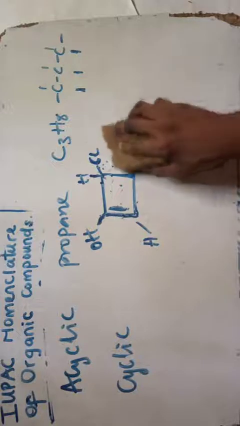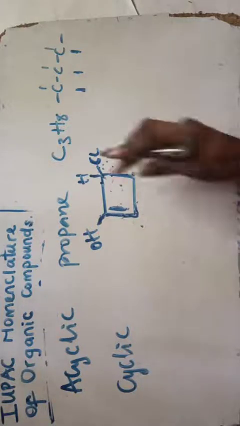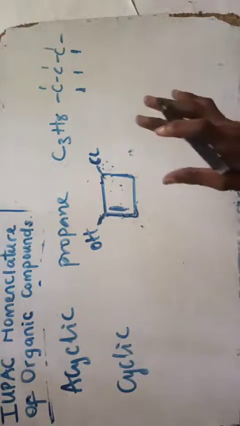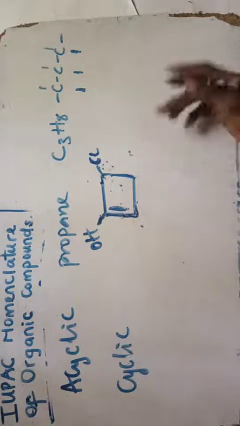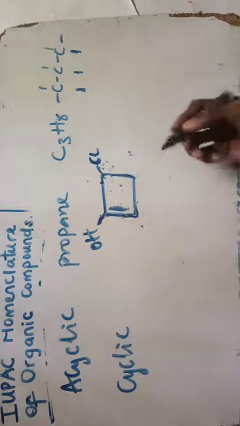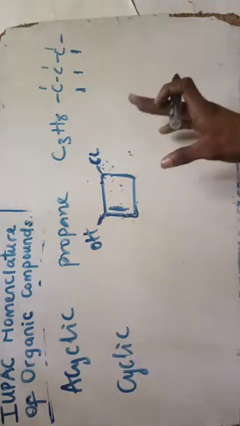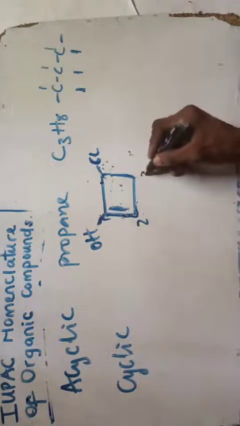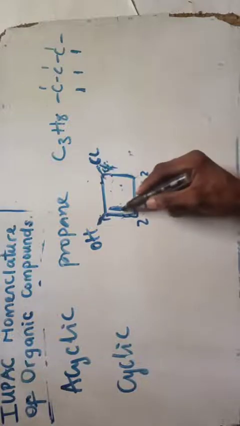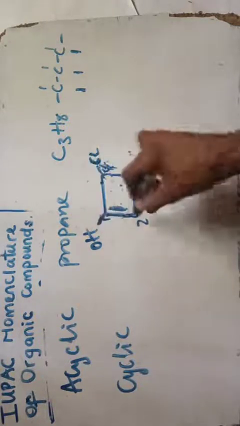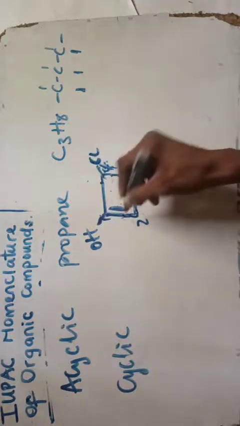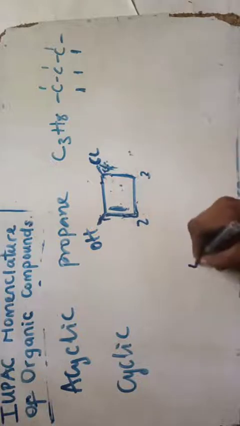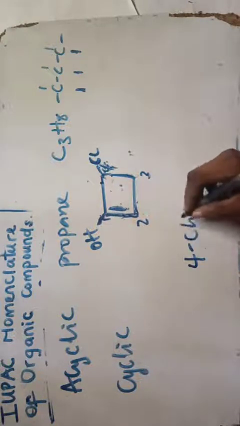But okay, now coming back to the question. I have something like this. In this case, it's very simple. What you do is just count 1, 2, 3, 4, and that is butane. But that is cyclobutane, because of the cyclic manner. So I count 1, 2, 3, 4, but I will count in such a way as to favor this double bond and this group here. Because after this is this, after this is this. So that will be 1, 2, 3, 4, and my 4 is chloro, that is 4-chloro.